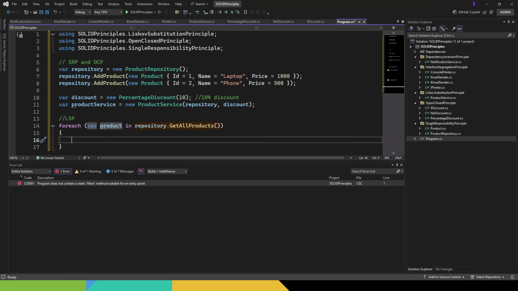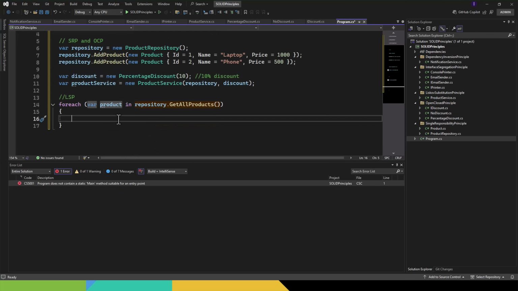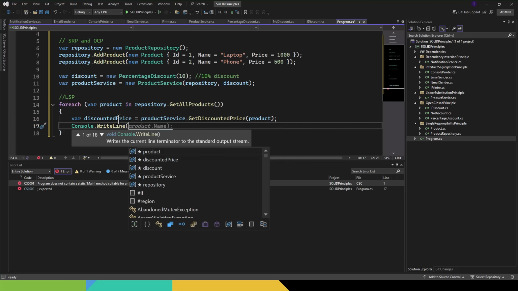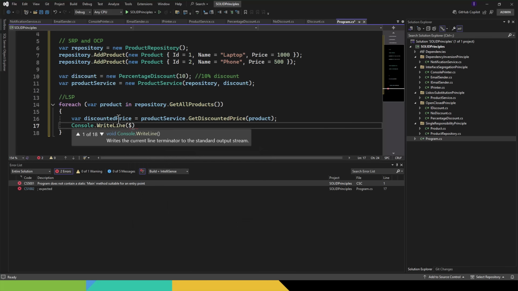And inside here, what we'll do is basically apply the discounted price. So we'll say var discountedPrice equals productService.GetDiscountedPrice, and we'll just pass in the product. Then we'll just print out Console.WriteLine, and then we can say here $, and we can say product